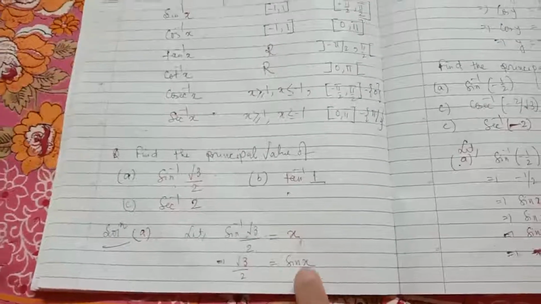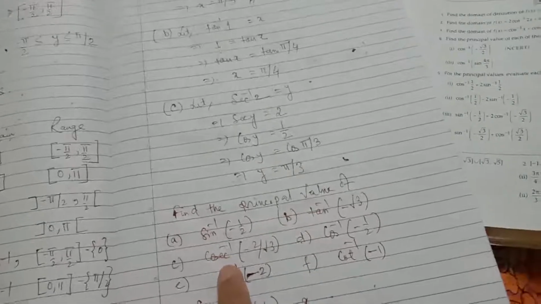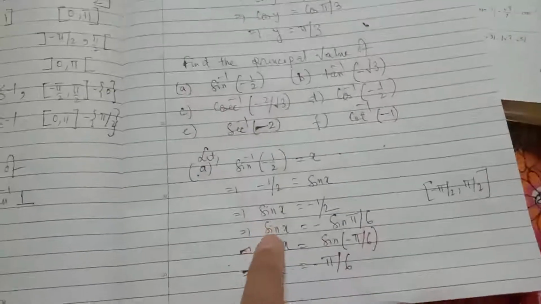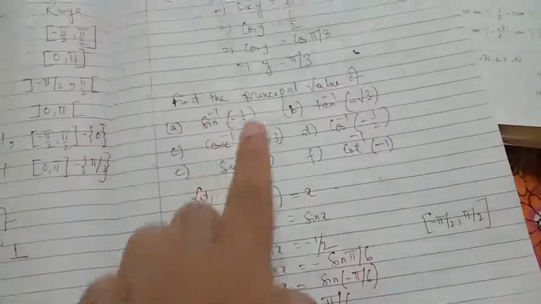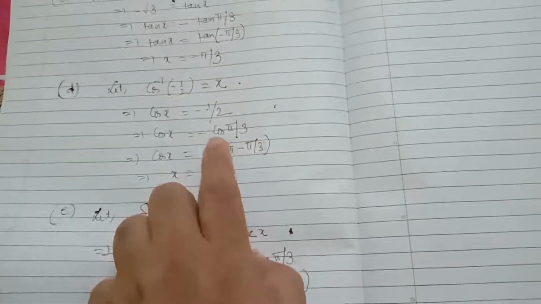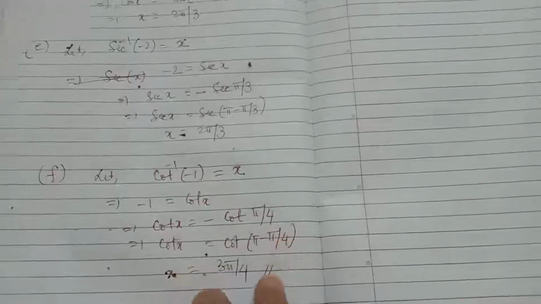Okay, so what you have to remember, very important: for positive numbers, no problem, we can directly find it. Sin x equal to root 3 by 2, root 3 by 2 is sin of something, say pi by 3, x equal to this. For negative values, for sin inverse, tan inverse, cosec inverse, the procedure will be the same: we insert the negative sign and get the value. And for cos inverse, sec inverse, cot inverse, we will proceed in this way: minus of cos of something equals cos of pi minus something, sec of pi minus something, and cot of pi minus something.